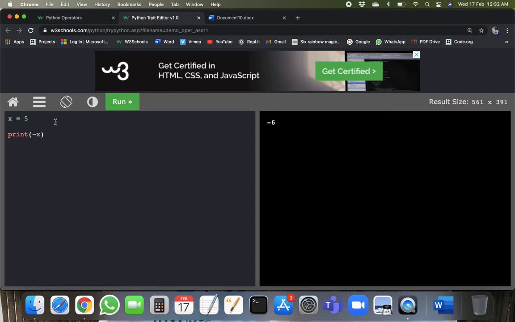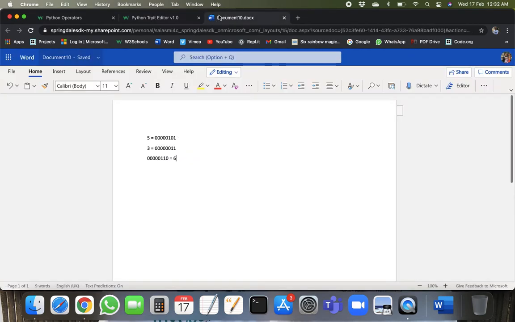-6. Because the digits of 5 would be inverted. If we invert these, all these 5 zeros, these are 5, will be 1 2 3 4 5. This 1 would be 0, this 0 would be 1, and this 1 would be 0. So this is -6. Now you must be wondering, according to my method that I told you, the 2 to the power method,